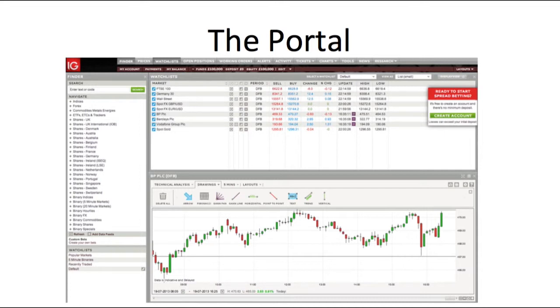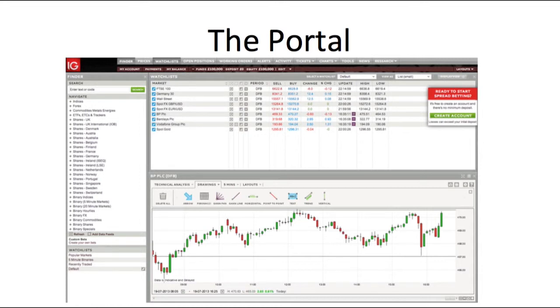But they all follow a very similar pattern, where on the left we have a search option where you can look for the different markets, equities, and variations of. You can pretty much spread bet on virtually anything within the financial markets and beyond. And then we have your watch lists, where you can put together groups of potential trades or charts that you're looking at. And then, of course, we have the charting tool at the bottom, which over the years has become more and more